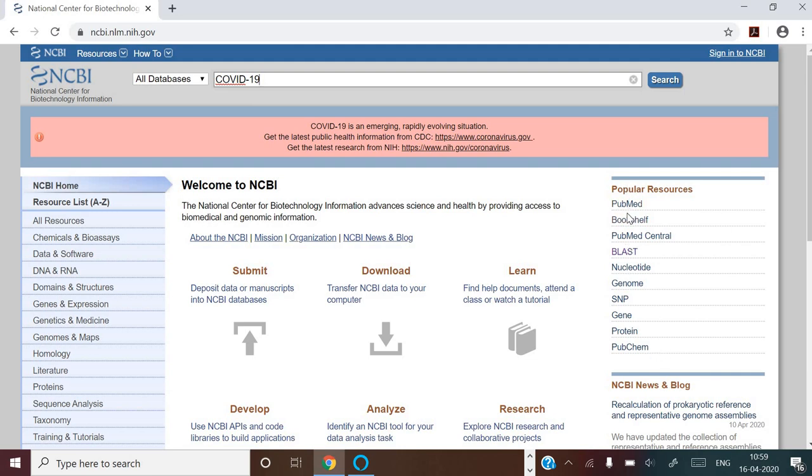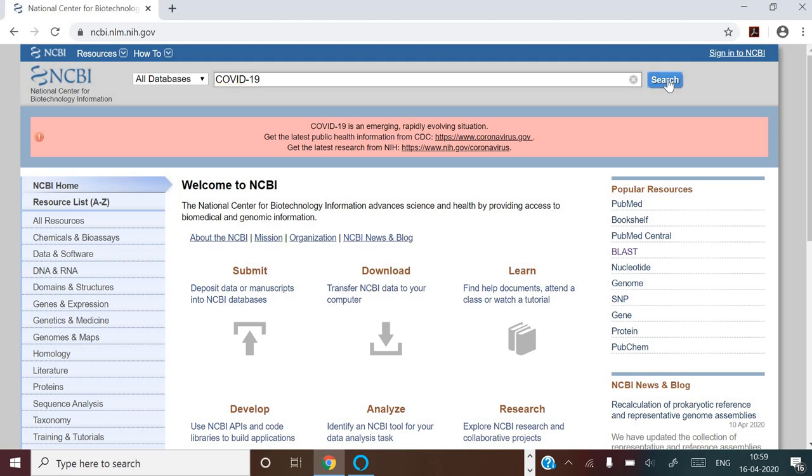Here you can see PubMed, which is publications in medicine. Then there is Bookshelf, which includes numerous books regarding the same keyword that you type in this search window. Then there are other options, like BLAST, nucleotide, genome, SNPs, gene, protein, and PubChem. We can see all of them one by one.